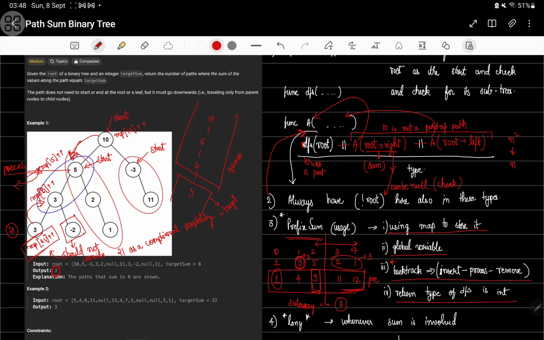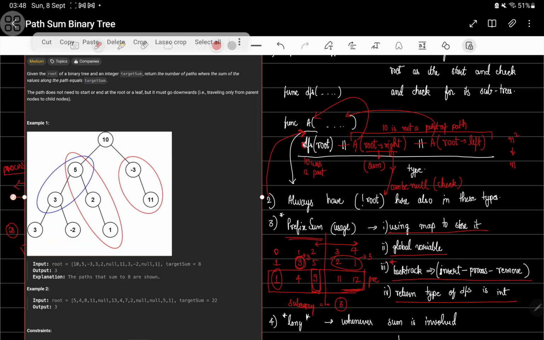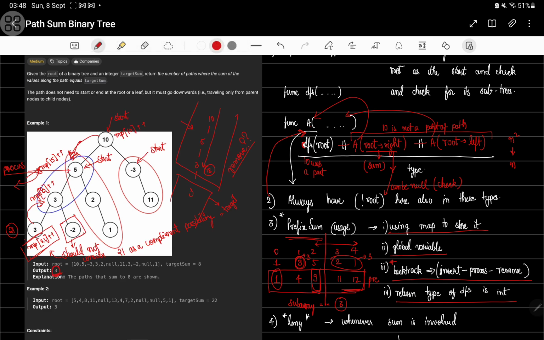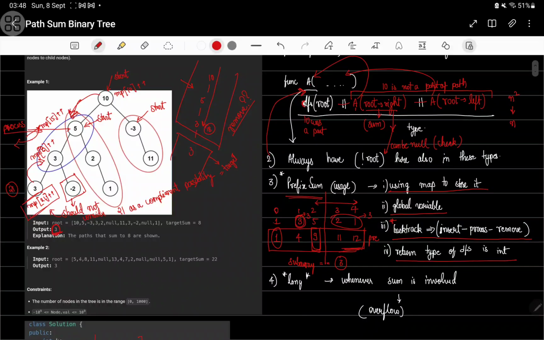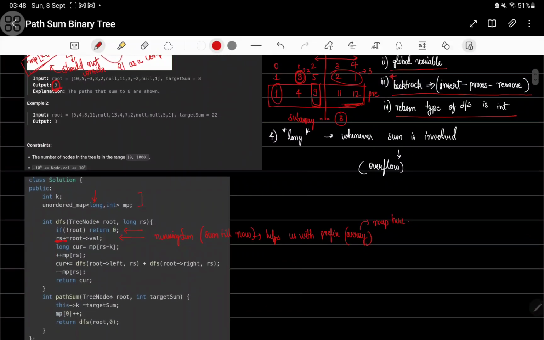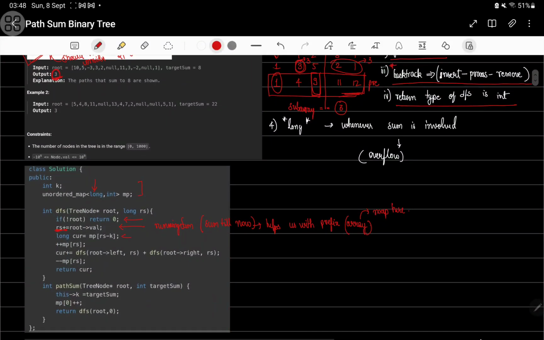Can I remove? Is removal possible? If it is possible, then we can just remove it. And removal is possible when we know that the prefix sum till here was 18, and we have that it was 18. So we can say that 18 will be reached over here. What check was done here? That current running sum minus the target